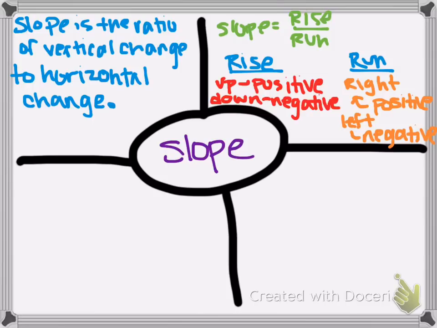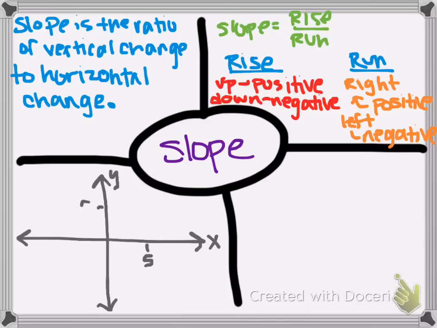And then we're going to draw just a quick sketch of an example. So we're going to start with a coordinate plane. Let's go ahead and copy that down. It doesn't have to be perfect. It just needs to be somewhat accurate. And then when we have 2 points and we form a line,